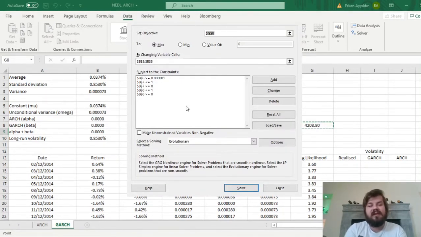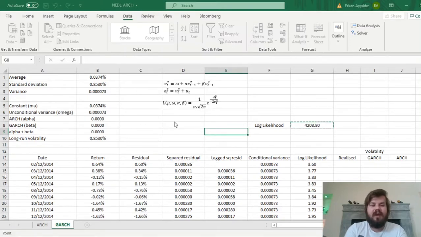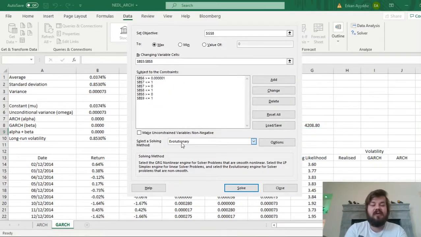So alpha and beta, for stability reasons, for convergence, so that our long-run volatility is a finite value, that the GARCH volatility process is not explosive, we need to add a restriction that alpha plus beta, so cell B9, is also less than or equal to 1. And here you might be tempted to again select gradient descent and run the formula, but here we will